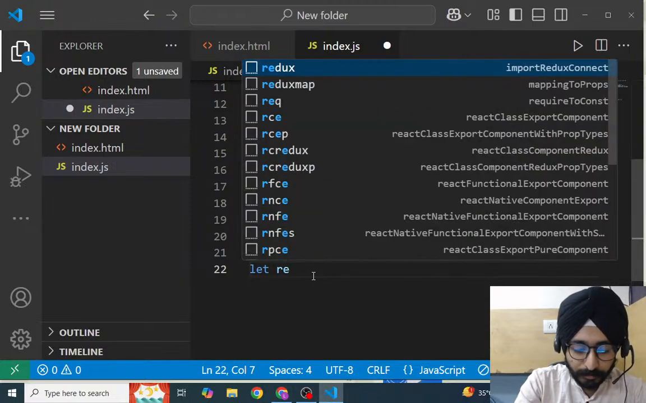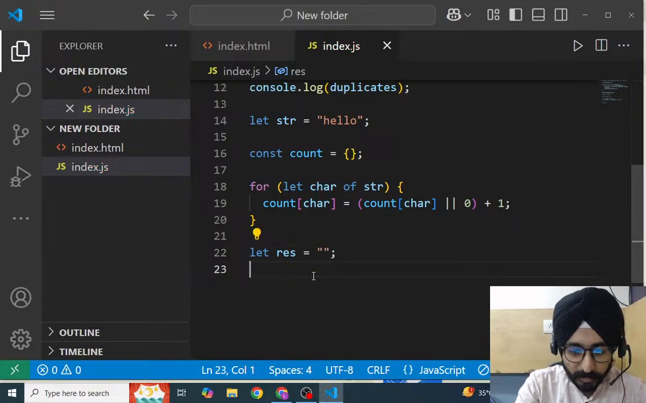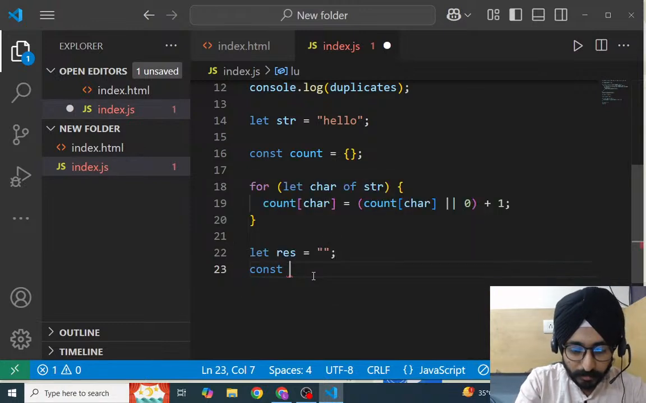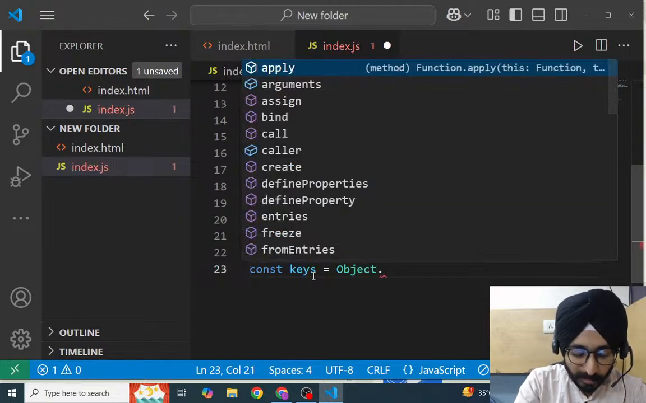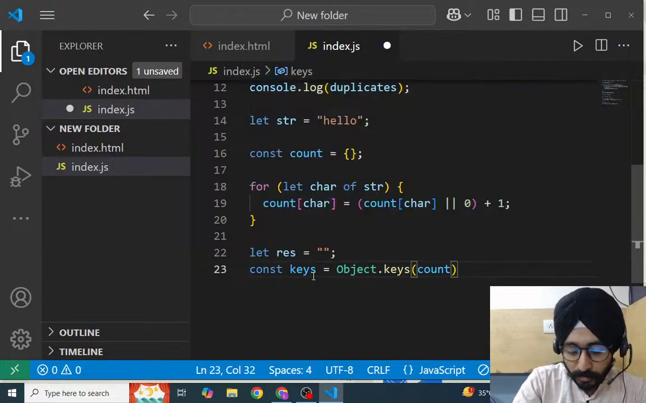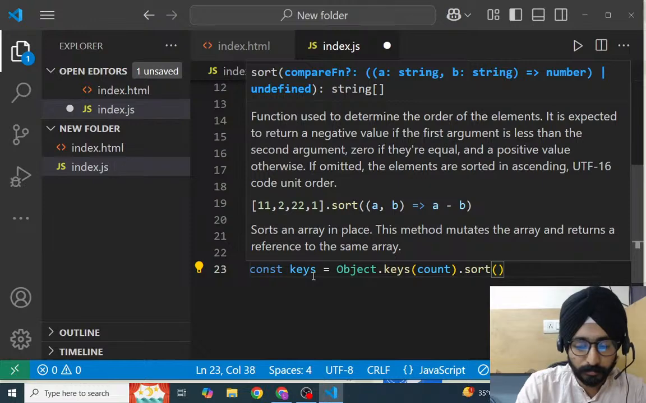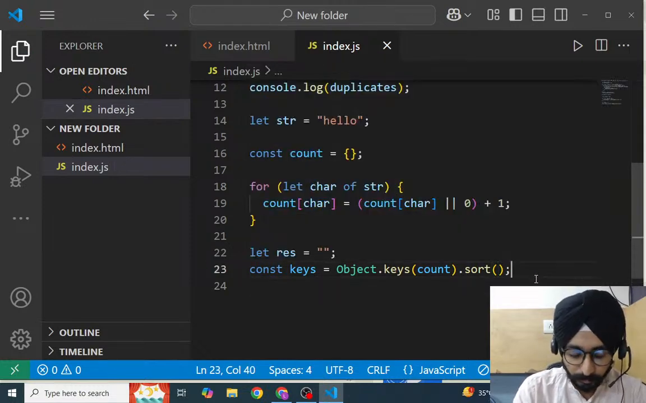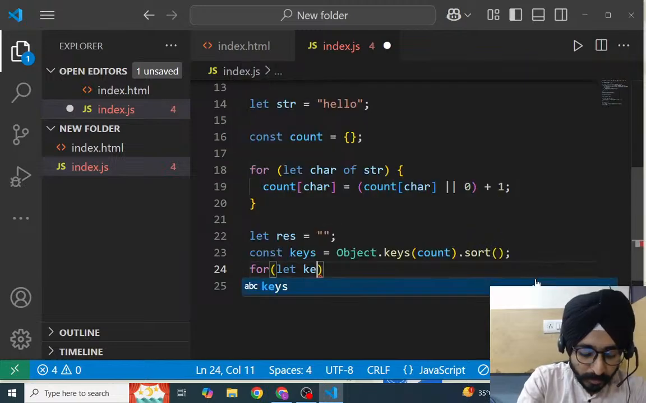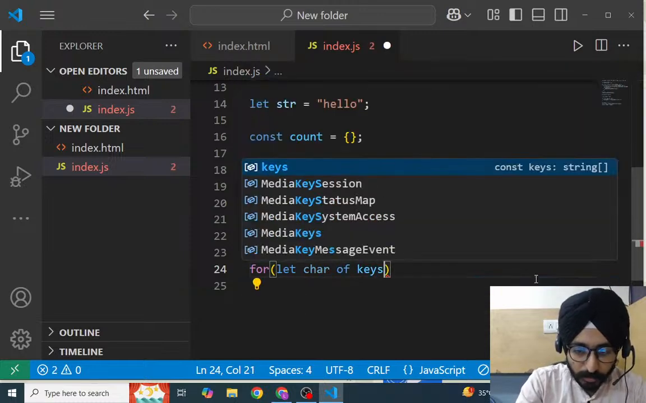So let result equals to empty string we are defining, or const keys, object dot keys, we can pass count and we sort the particular count, so dot sort। So for loop we are using for of, so let char of keys,